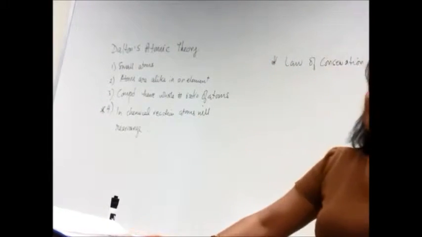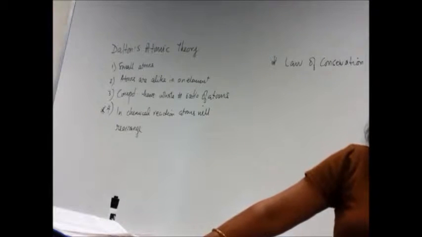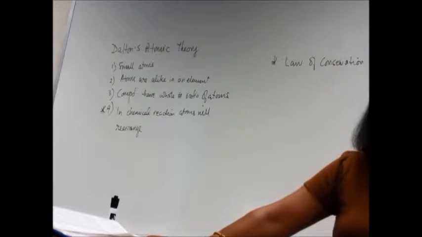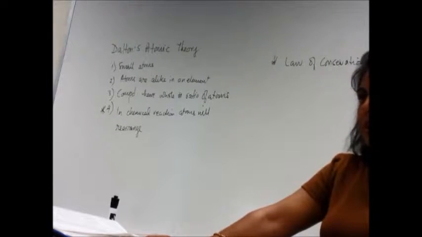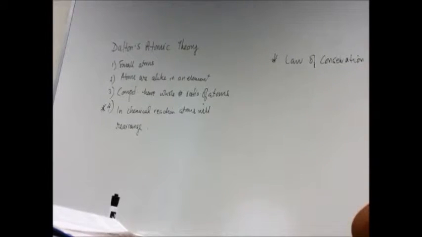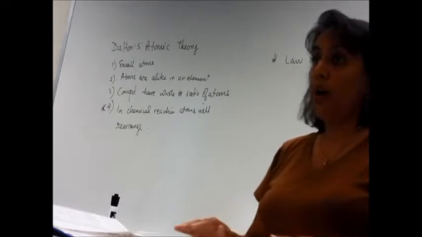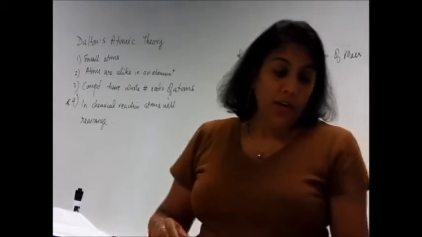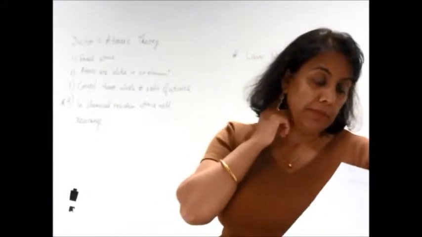But otherwise, nothing is disappearing from here, or appearing either. If there are new stars that are born, they're born from something else. So things are just rearranging themselves, and that's the law of conservation of mass, and that's a universal law. Nothing goes away anywhere at all. So that was Dalton's atomic theory.